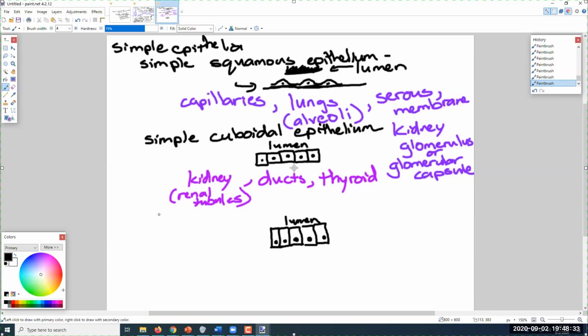Very good, okay. This is the simple columnar epithelium. Very cool, okay. And with the simple columnar epithelium, you'll be able to identify this in what we call the